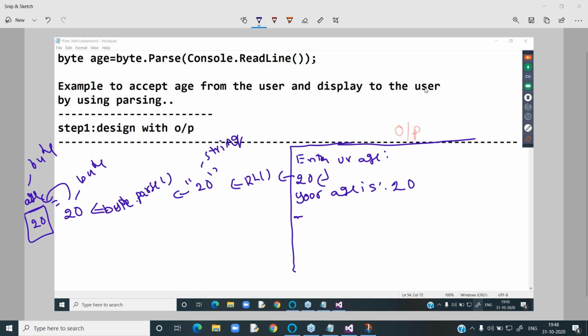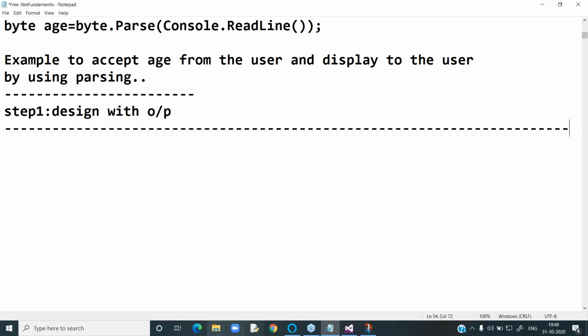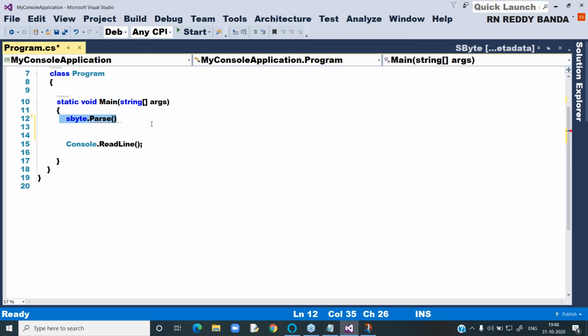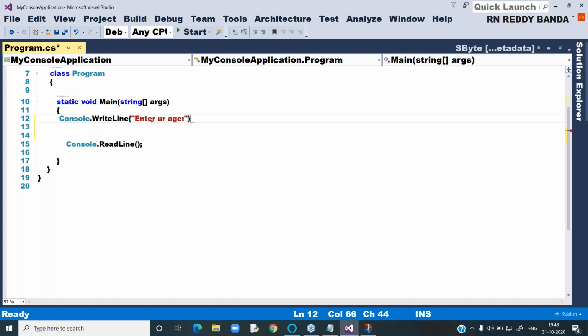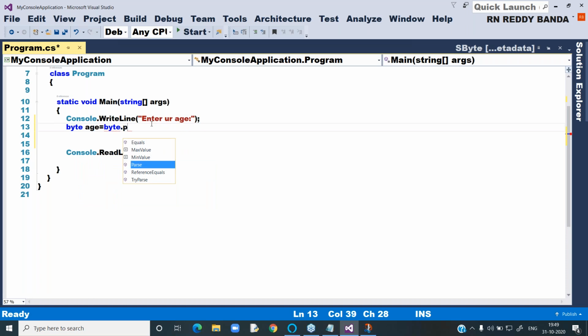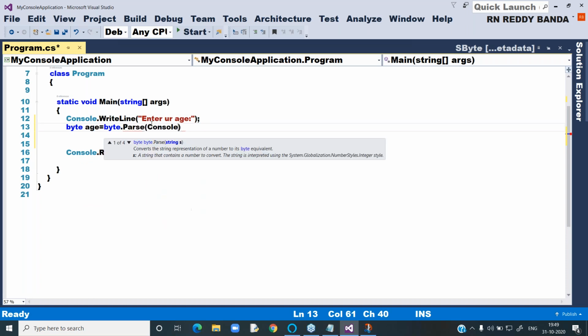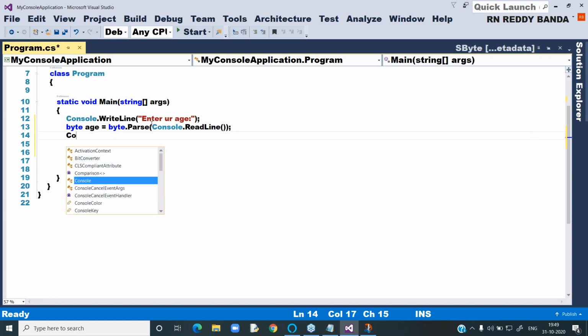So now come back to our discussion. Let's write the code for this, all of you. You observe. Console dot WriteLine, Enter your age. byte age equal to byte dot Parse of Console dot ReadLine.